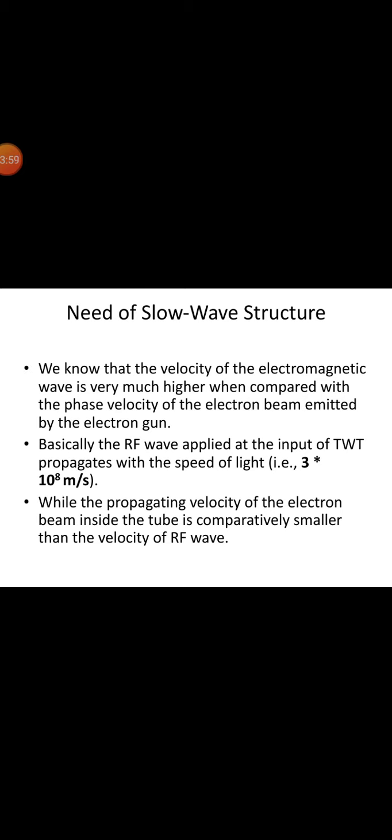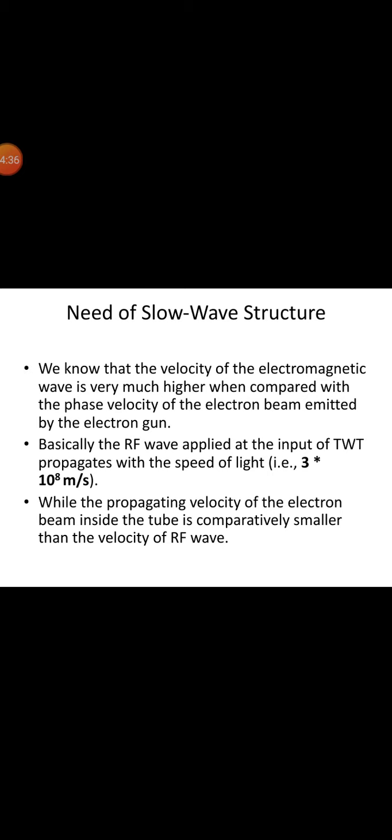Why do we need the slow wave structure? Several different forms of slow wave structures are commonly used in TWT, like single helix, folded or double helix, ring bar or coupled resonant cavity. The helix form of slow wave structure is a conductor wound into a helical shape. In most cases, the slow wave helix is wound from a flat tungsten or molybdenum, but in a few devices, hollow tubing is used. The latter design uses the hollow section of the tubing for cooling fluid. The pitch of the helix is scaled to reduce the RF wave velocity to the electron beam velocity.